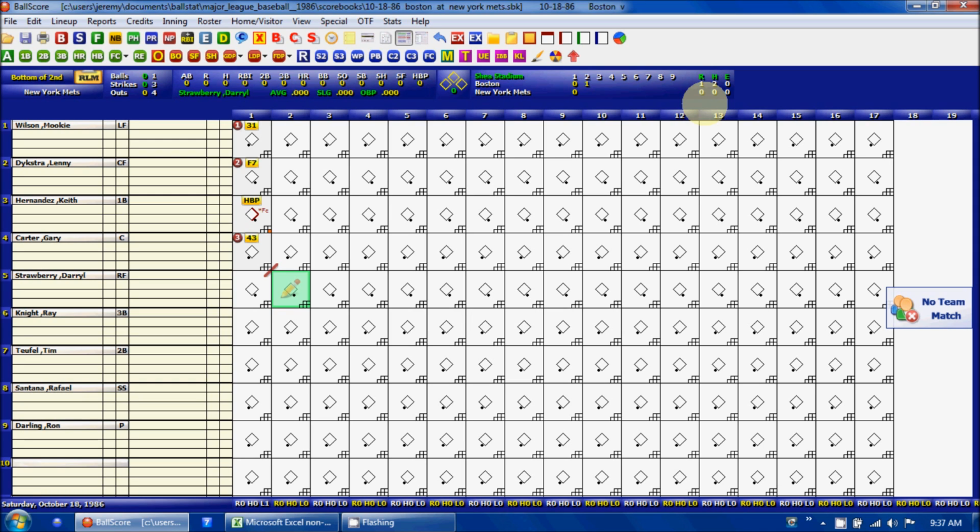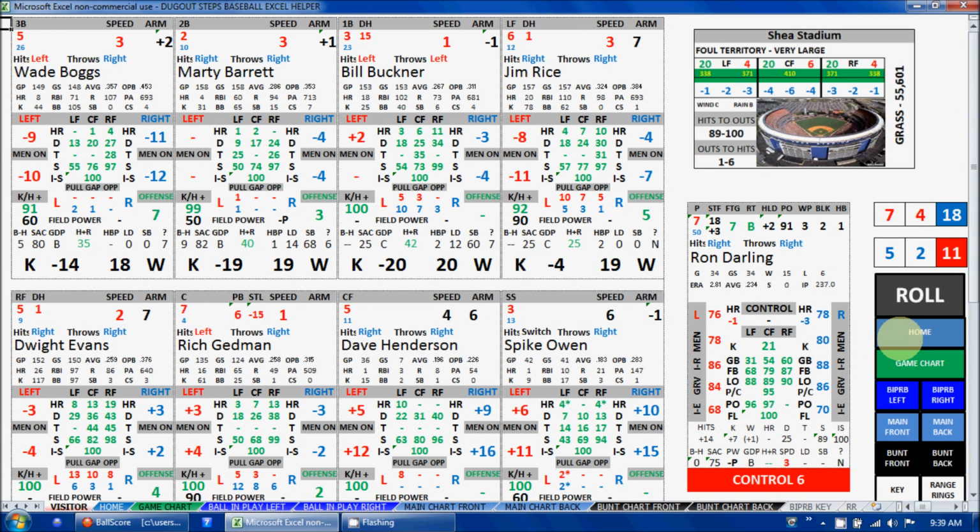So after we finish another half inning, after 1.5 innings, the Red Sox are leading 1-0 on the strength of a Rich Gedman home run to left field, an opposite field shot. So we're going to move to the bottom of the second inning with the Red Sox up 1-0, and Darryl Strawberry is going to lead off the bottom of the second for the Mets. So let's go over to the home tab,